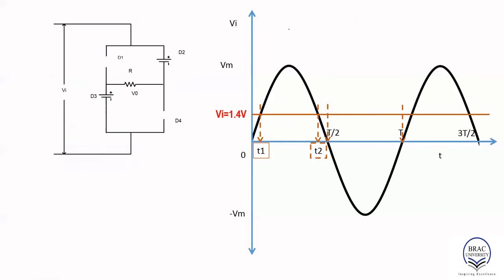So the next thing would be, we're going to determine the transition state voltage. So we know at transition, the voltage across the diode is 0.7 and the current ID is equal to 0. And since D2 and D3 are in series, you see now we have the connection like that. If I draw it here,